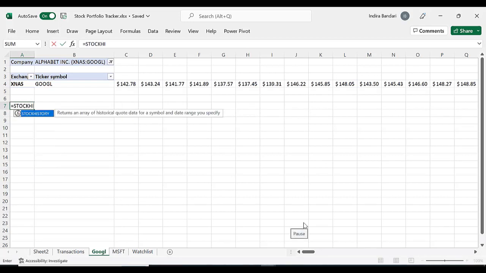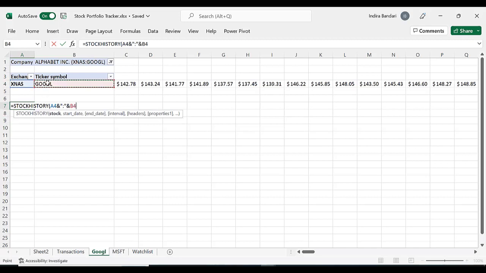So stock history, followed by concatenating the exchange, ampersand, within inverted commas colon, ampersand, and then the ticker symbol, now comma, today, and minus for the last 30 days,